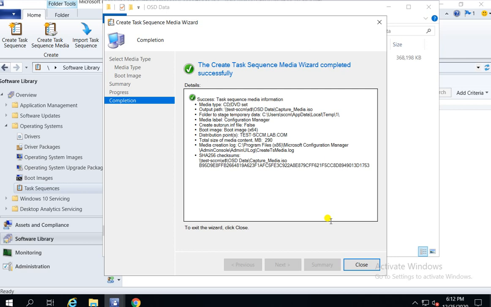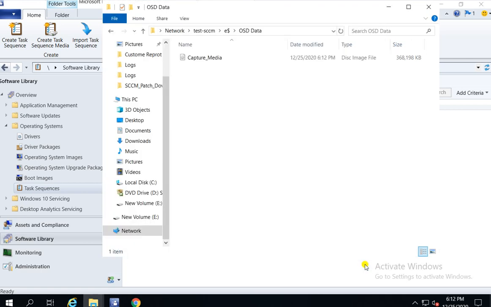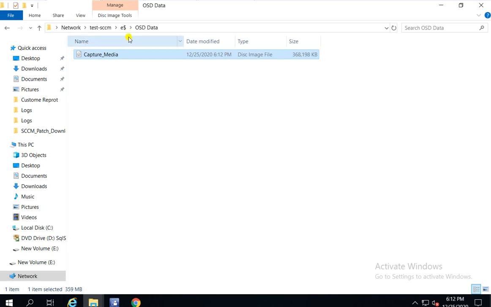Okay, now you can see the process is completed, and I am able to capture my media. Now you can close this, and in my path it shows the capture media.